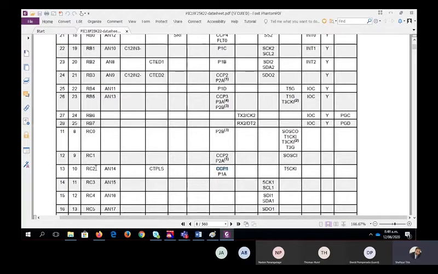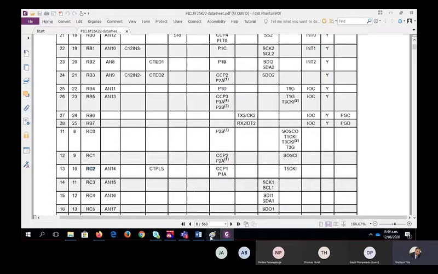Then I need to configure this pin first. So first I need to configure this pin and then this pin. Whenever we are generating the pulse width modulation or pulses, we need to give it as the output. So I need to configure this pin as the output. Okay. So the first thing is I need to configure this RC2 pin, and the second thing we need to do